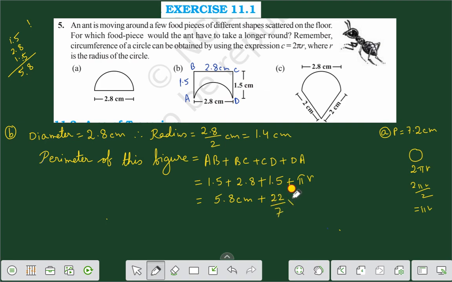into radius. We are getting half of that, this is 1.4. It is 7 1 is 7 and 7 2 is 14, that is 0.2, right? If we multiply 22 with 0.2, that is 2 to the 4, it is 4.4, right? Therefore we are getting 5.8 centimeter plus